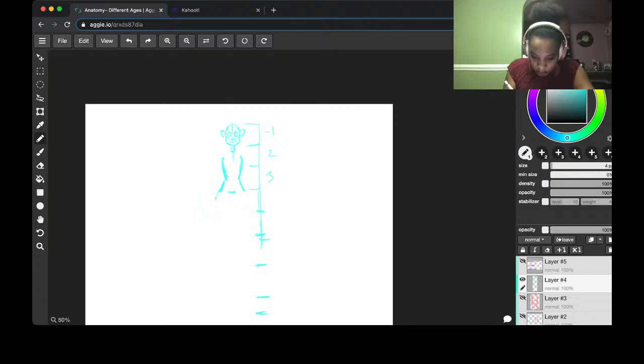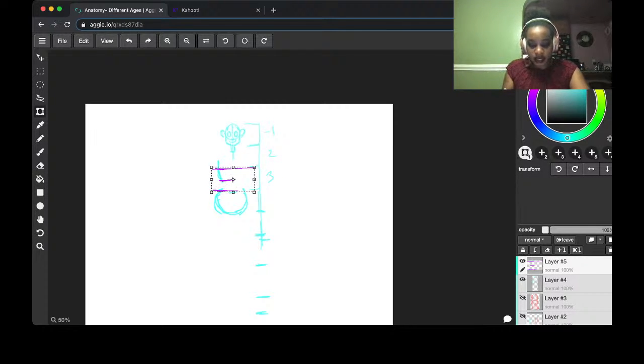So this is the start of my waist. I know that the start of the hips, I know the hips take up one full-size head. So actually, I think this comes in a bit too early, which is why it's looking a bit weird. So I would say rather than the